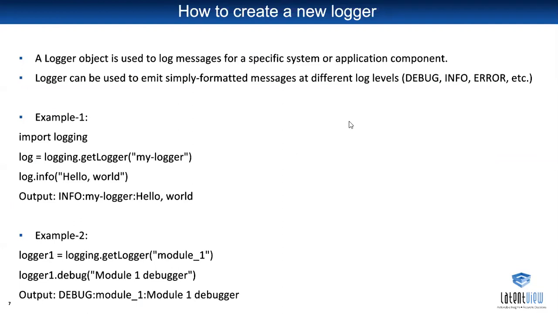Okay, so this one is how to create a new logger. This will be useful when we want to name the loggers or differentiate the log messages between modules. If we want to create a user-defined logger, then we can define this logger, and it will be used with all five levels: debug, info, error, and so on. You can see an example. These loggers come under the logging package. We can use this getLogger function to define the logger, and you can set the log level, and then in the output you can see info, and this is our log name, and the output message, whatever we are keeping here, will be printed.